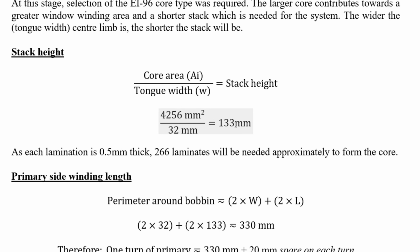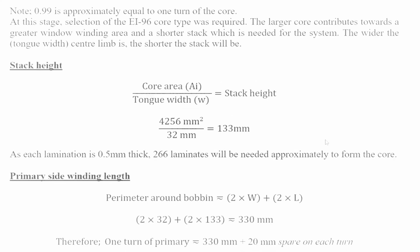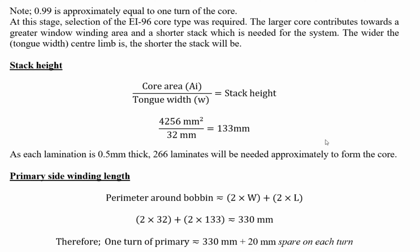This equals a 133 millimeter stack. So this is all made of assumptions at the start, and then we work this out. At a stack height of 133 millimeters, this requires 266 laminates, as they are 0.5 millimeters thick. So obviously when they're clamped on this, they will make up